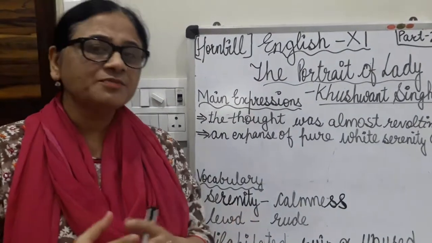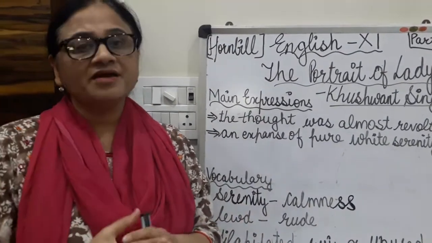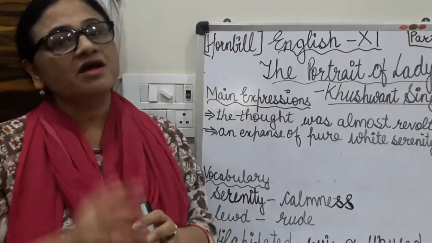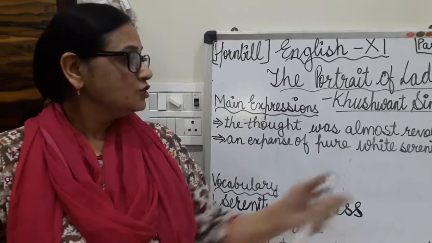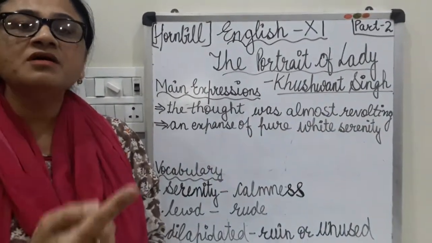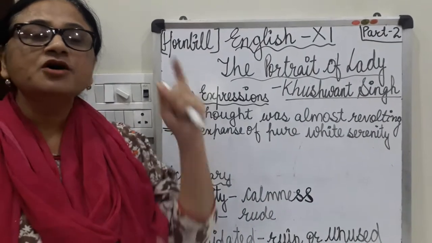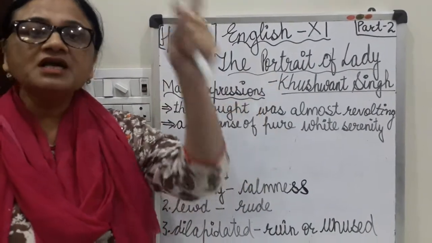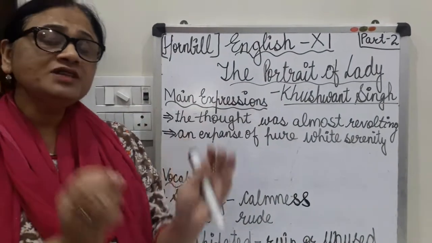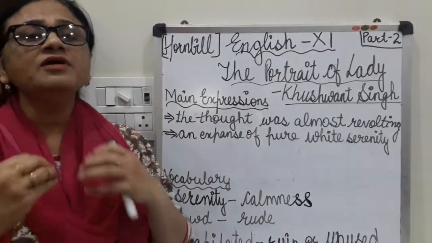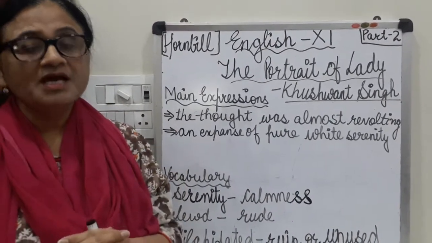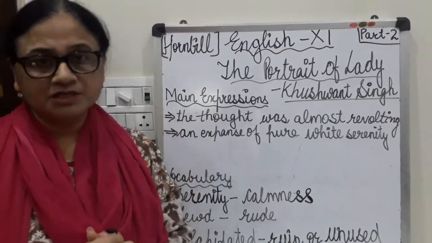How was his grandmother? In the second paragraph, he had given us a characteristic of his grandmother. Okay, so here revolting means what? Struggling. He was not ready to accept the idea of his grandmother was once young, pretty and beautiful. In the second paragraph, Khushwant Singh has told us about the characteristic of his grandmother, that he was too old.